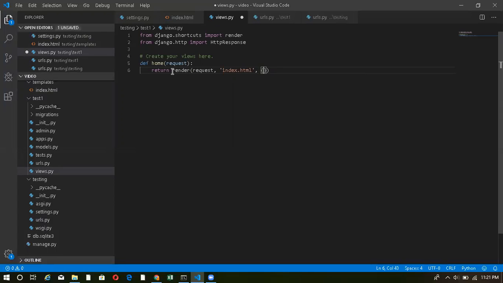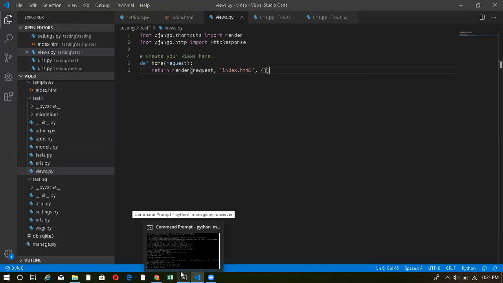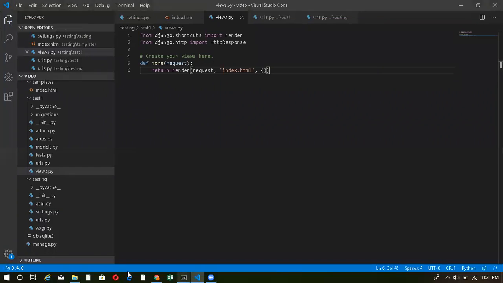What this dictionary does, you will get to know later. So for now, if I reload my page, you can see that the HTML page has been rendered over here.